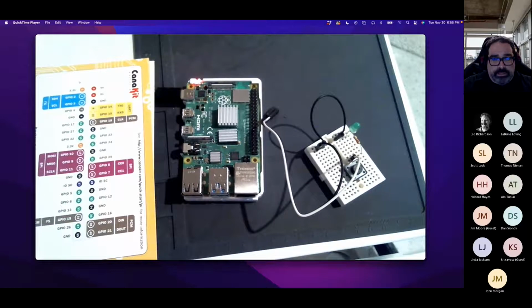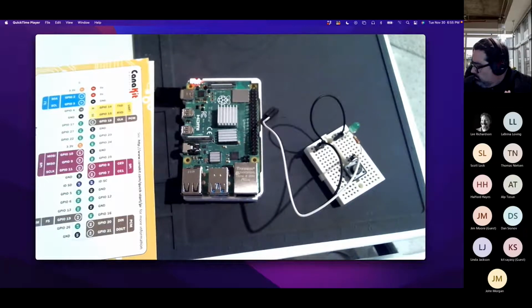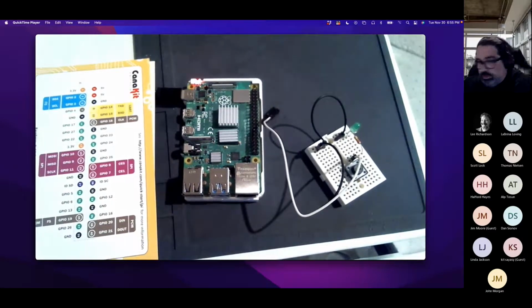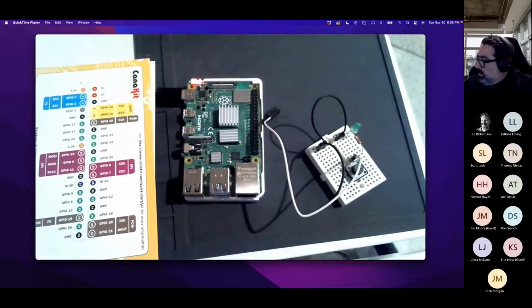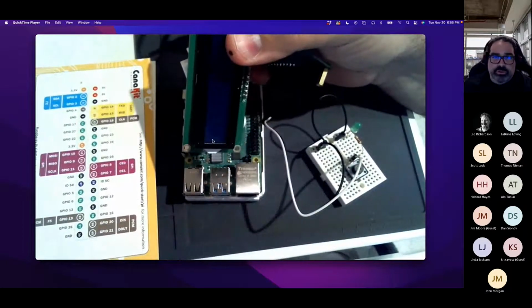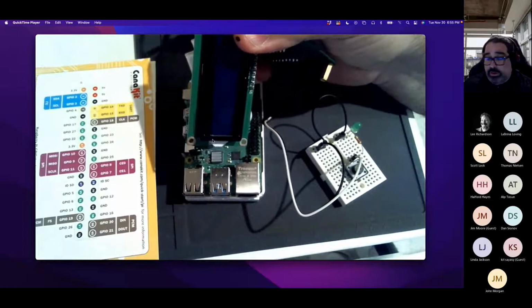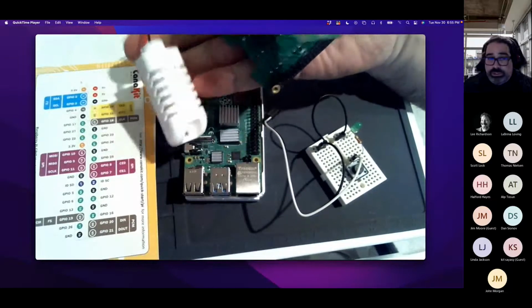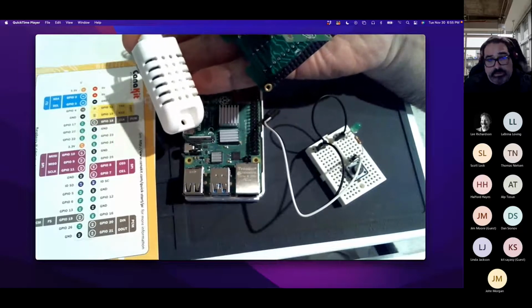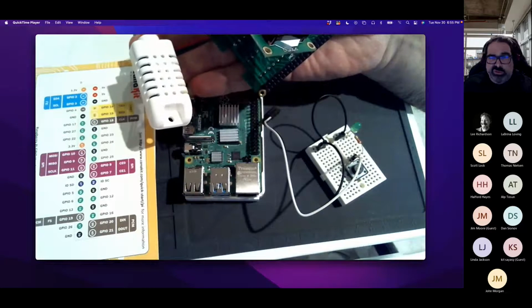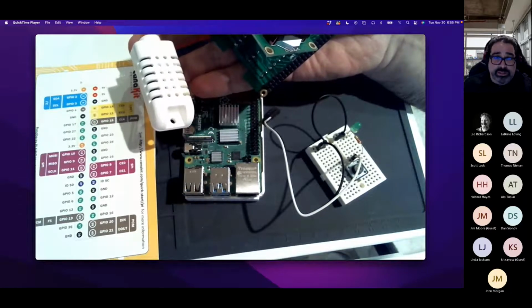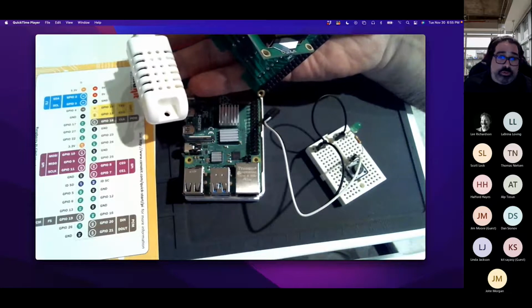So let me see if I missed anything. Well, from a hardware perspective, just to be thorough, I am going to be using an LCD 1602 to present information to you guys during the demos, and I am also going to be using an environment sensor. This one is an AM2302, which I believe is the same thing as a DHT22, that uses a one-wire protocol to provide temperature information to a hardware.